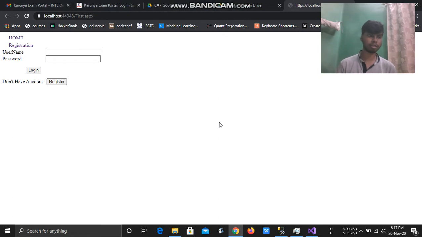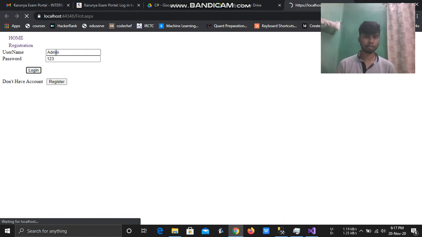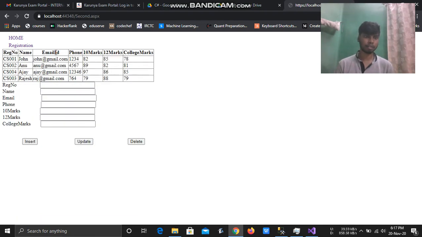So this is the first page, the login part. Just give login here, and then it will redirect us to the second part where the placement details are. So you can see the placement details are here.